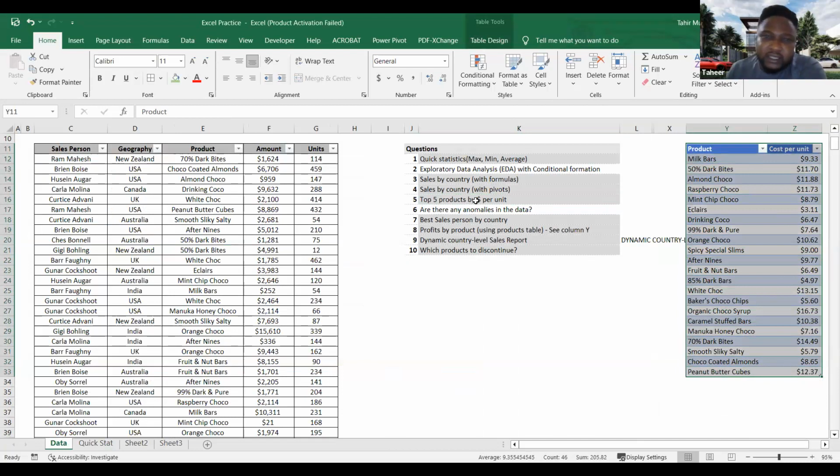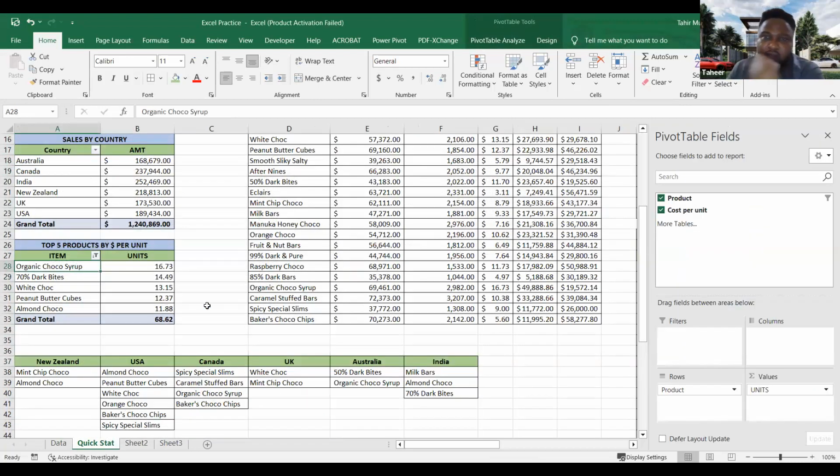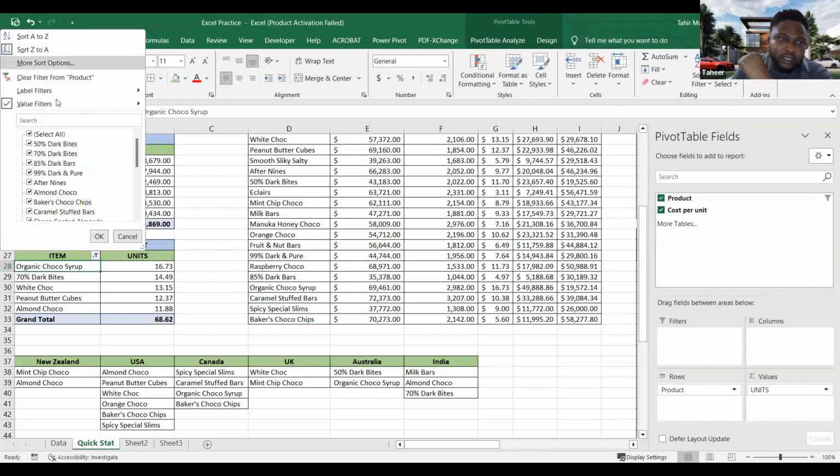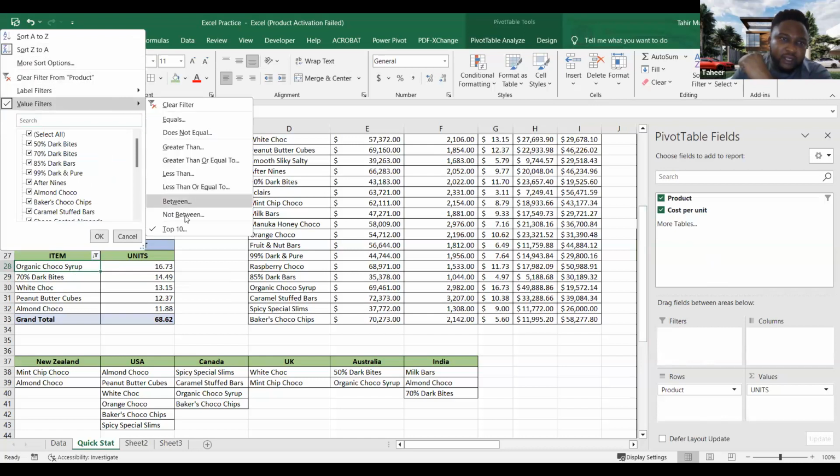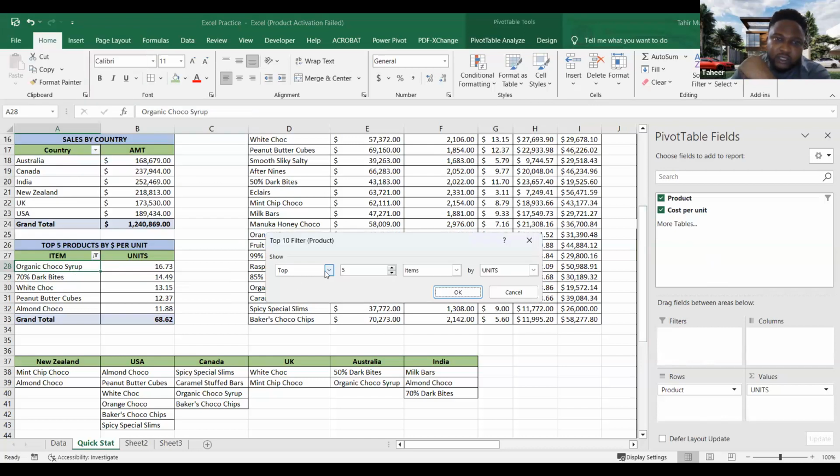I guess I didn't understand this question about amounts per unit very well, so I only did it for the units. I think maybe I should have multiplied with the costs. I think I misunderstood that question. So all I did was get the top 5 units of the product which has the highest units. I used the pivot table, and like I said, I filtered from here by value, and I took the top